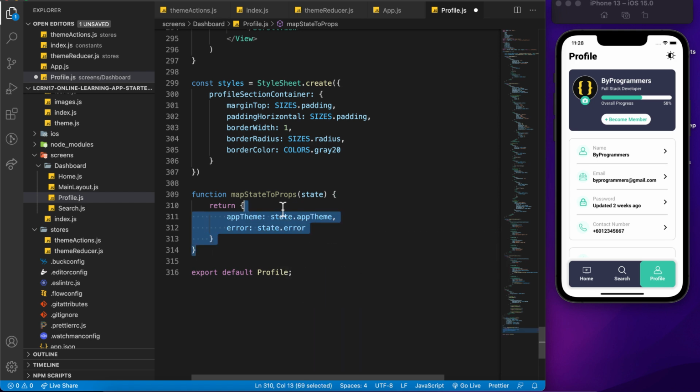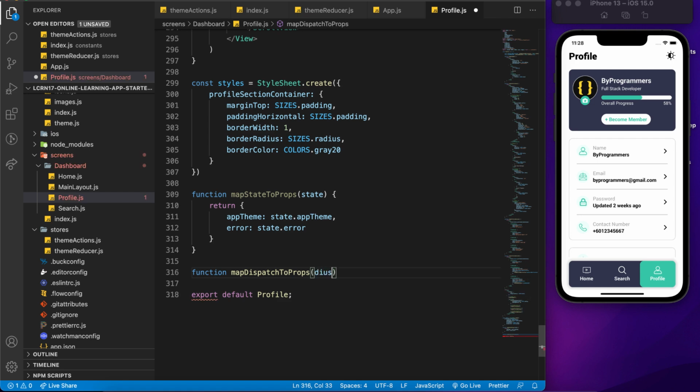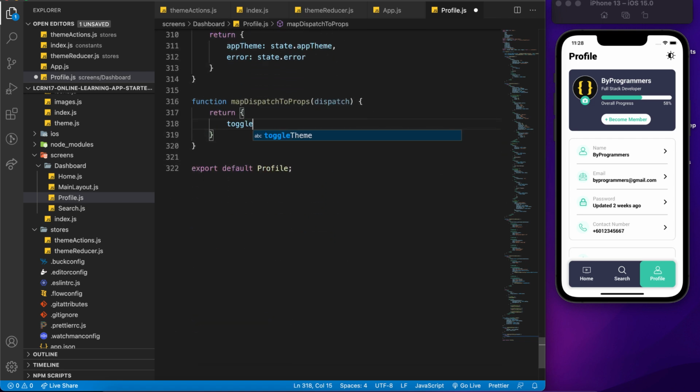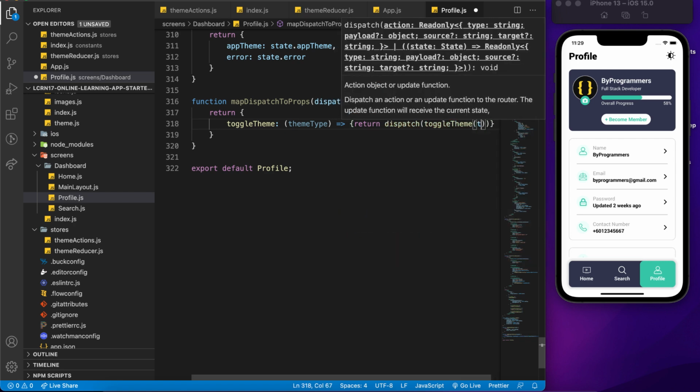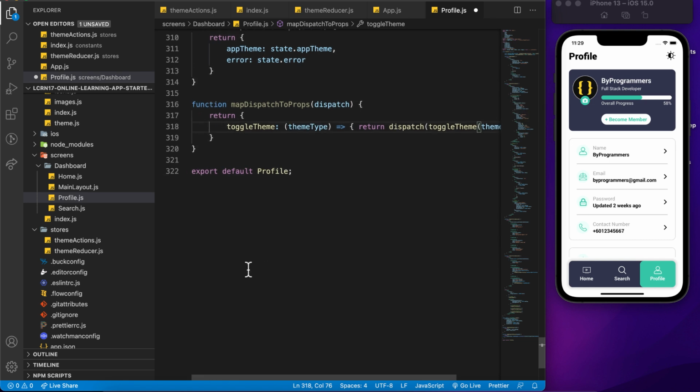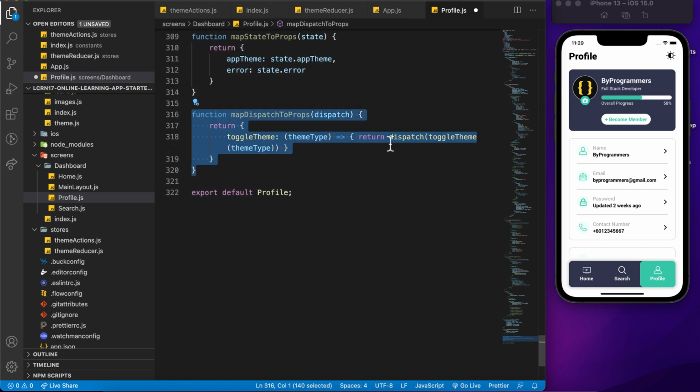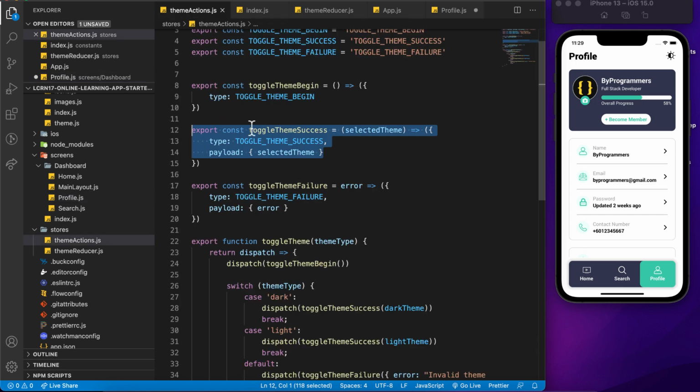So basically what we are doing here is that we are trying to get the properties from the team reducer and sort of inject them into our profile screen. Okay, next we have function mapDispatchToProps. The parameter is going to be dispatch, and we are going to return toggleTeam. We will be taking in one parameter, which is the teamType, followed by an arrow function, and we are going to return dispatch toggleTeam by passing the teamType over. So this is basically some boilerplate for us to trigger the toggleTeam function in the team actions.js file